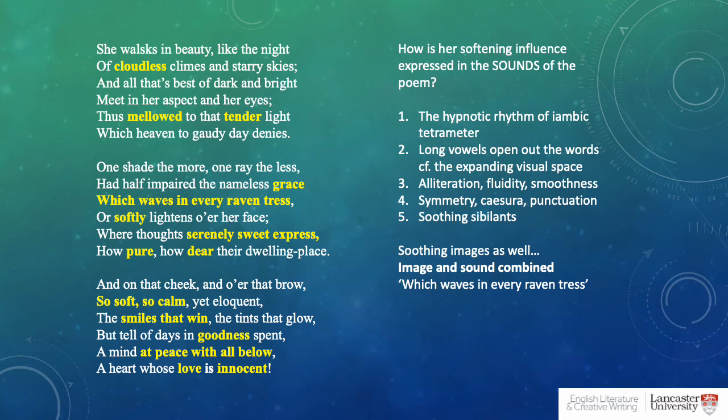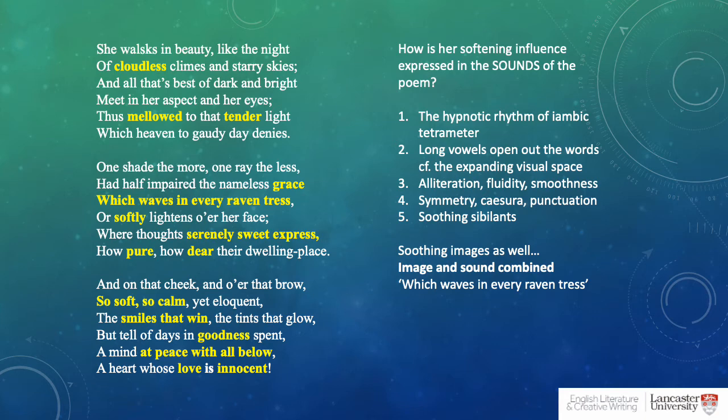So let's now look at the sounds of the poem. And again, you may have come up with things that I don't discuss, and that's great, and you should definitely do your own readings as well. So the first thing I want to note about the poem is that it has the rhythm of iambic tetrameter. This is an incantational, hypnotical, magical sound, magical rhythm. It's the same rhythm used by the witches in Macbeth: "Double, double, toil and trouble, fire burn and cauldron bubble." It's a kind of hypnotic, incantational rhythm that creates a soothing effect.